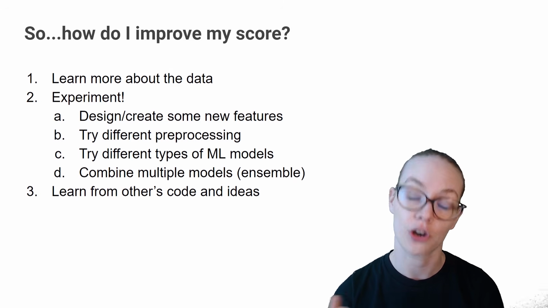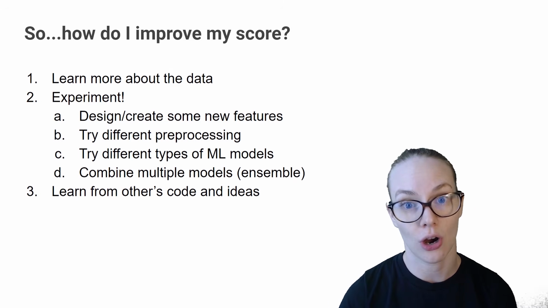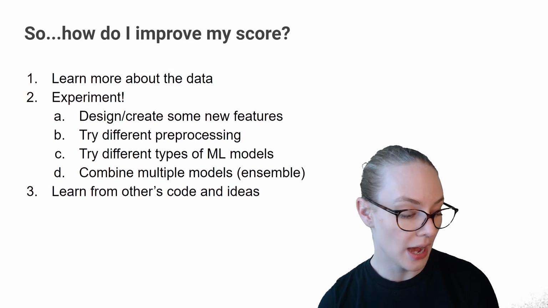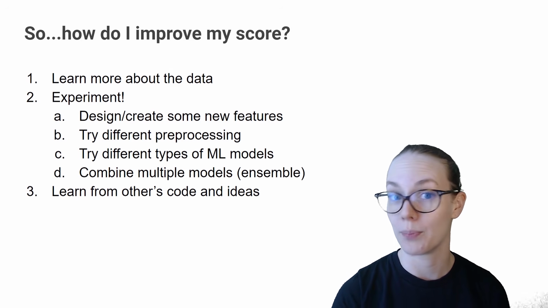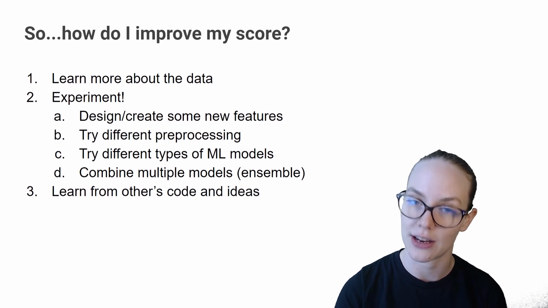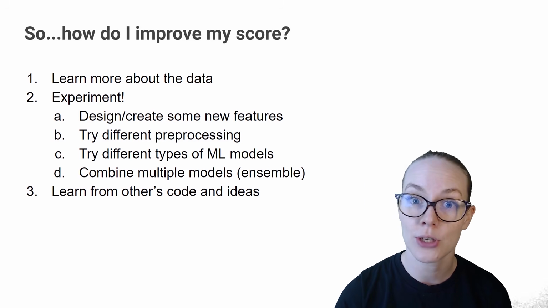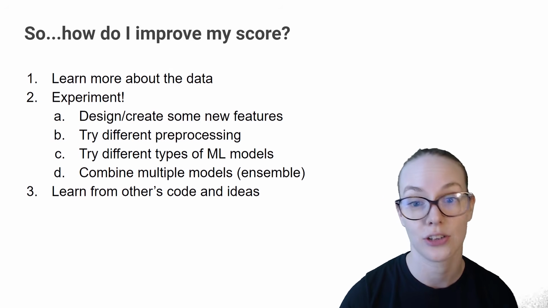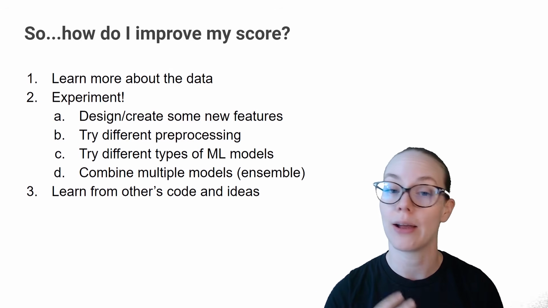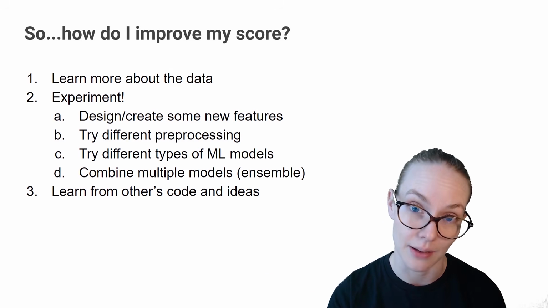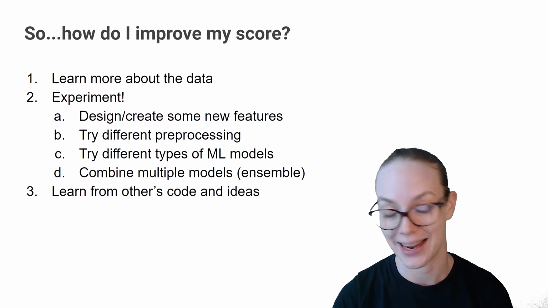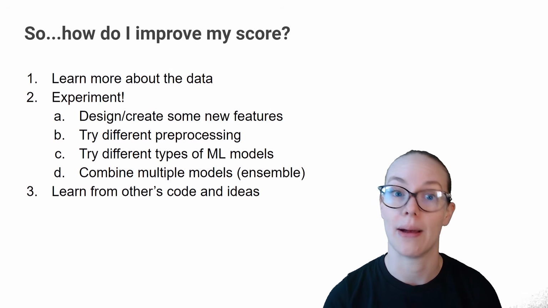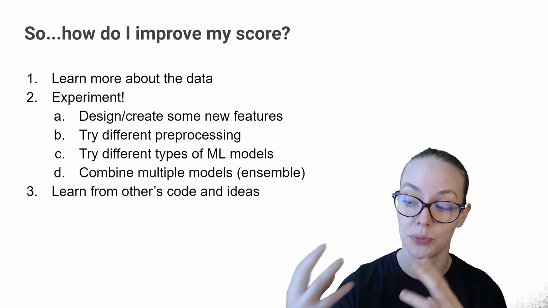So some things you can do are creating new features, so feature engineering based on what you know about the data. Try different types of pre-processing. So maybe if you tried one method of filling in missing values or imputing them, maybe you try a different method and see if that changes your results. Different types of machine learning models. So you might try a random forest-based model. You might try a support vector machine. You might try a regression model. You might try many different types of models and then combine them, ensemble them is the technical term. And these are very, very popular on Kaggle. Probably the majority of Kaggle competitions are won by some sort of ensemble model that has multiple different models combined